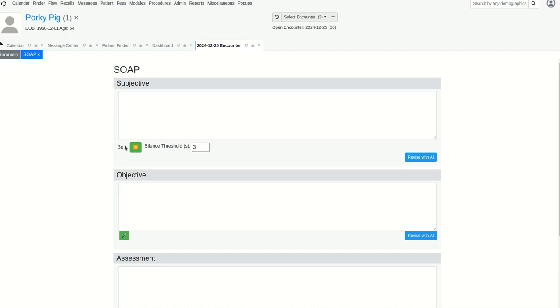And if you notice the 3-second thing that popped up over here, this is your silence threshold. So if you stop talking, you have 3 seconds to start talking again. And that way you can stop to think, but also you can control how long it stops for by changing the number here. Okay, so if your voice cadence or if you need to pause for longer to actually think about what you're saying,